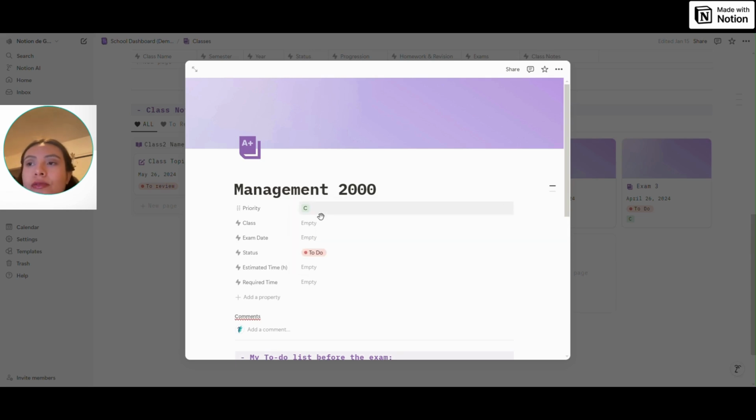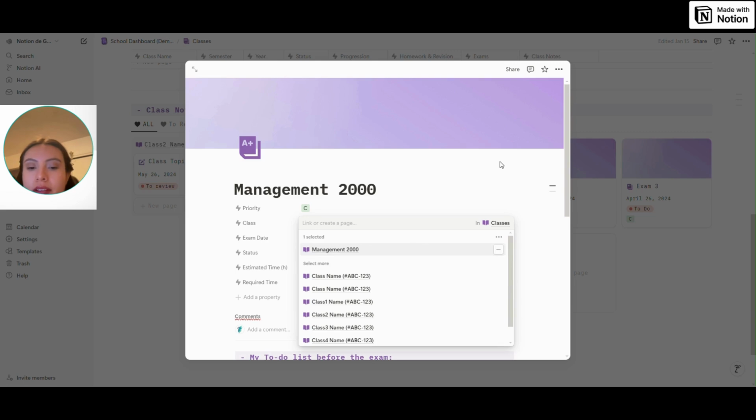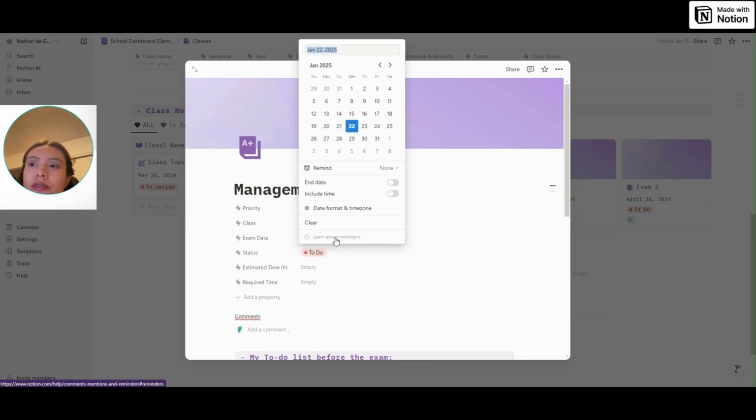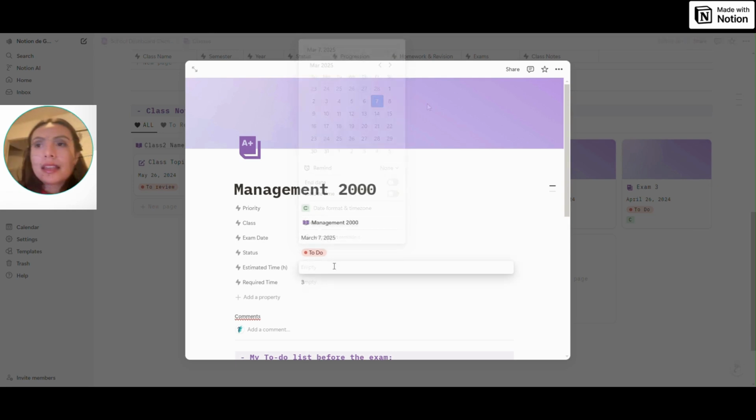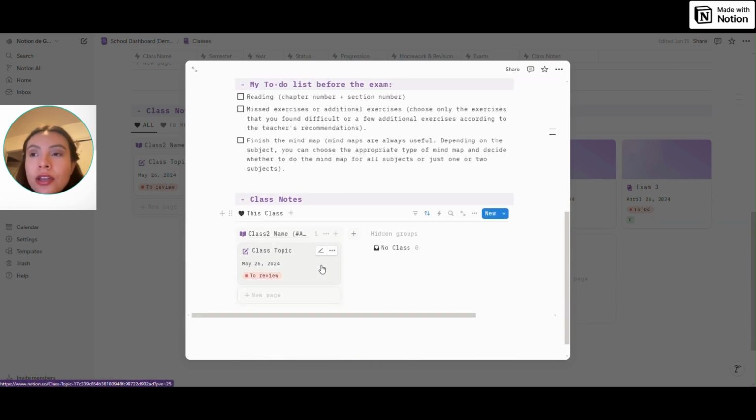And then you need to select the priority of the exam, A, B, or C. You just need to actually read the information that you put in the exams section. Then after that, we're selecting a date for the exam. We will select the class. As you see, I have selected the class and the date, and then you will fill the exam page with all the details